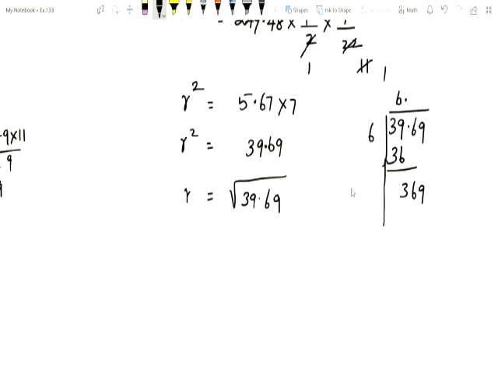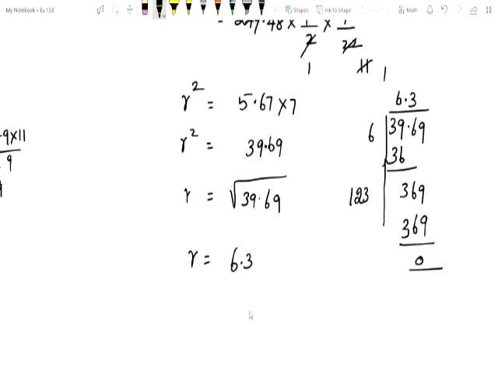Now you multiply the quotient. 2 6s are 12. You always multiply with the 2 only. That number you write here. Now you decide which number is suitable. Here unit digit is 9, so we can fix 3. Or else sometimes 7 also will be apt. But here 3 is suitable for this. 3 3s are 9, 3 2s are 6, 3 1s are 3. Now subtract this, what you will get? 0. So now radius equal to 6.3.